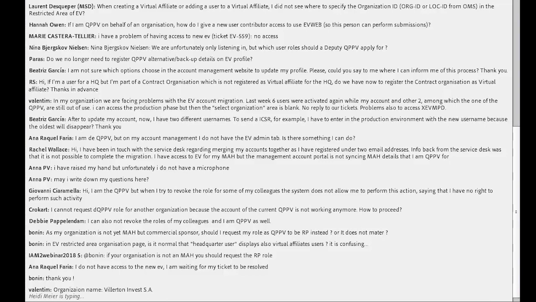So if I can kindly ask you to not raise your hands and not to bring up particular tickets or specific issues you have, but rather more general questions where we can all benefit from the information. And as Oana says, I know that we don't answer each of you every day to give you an update on your tickets, but we are aware of all the different issues that you all are experiencing,